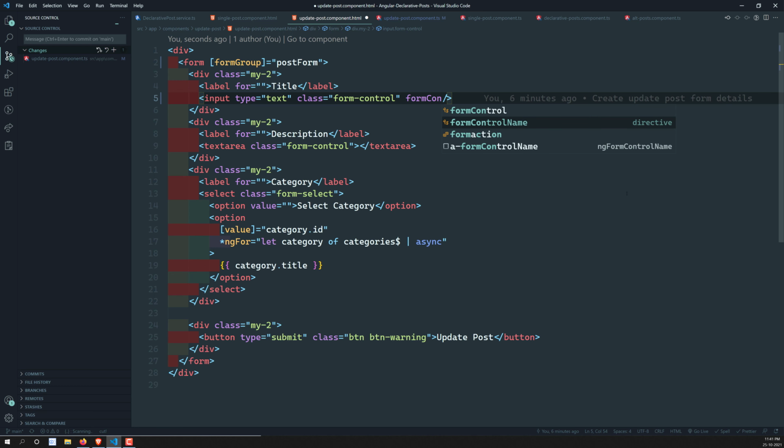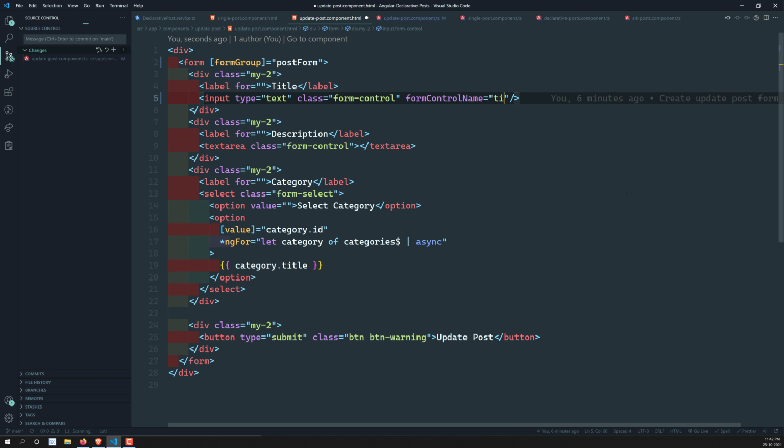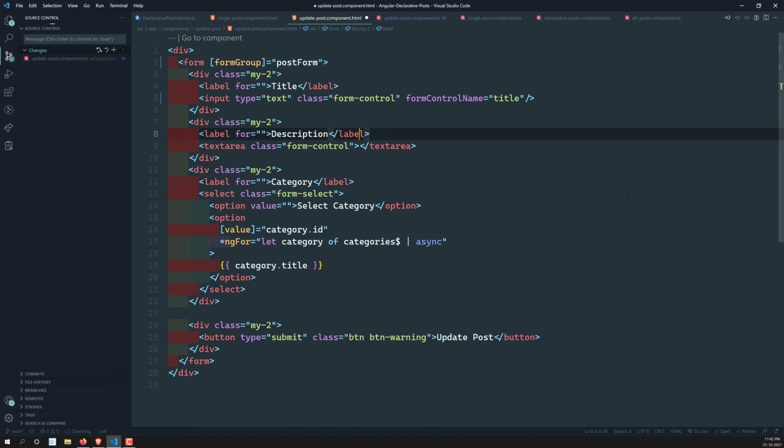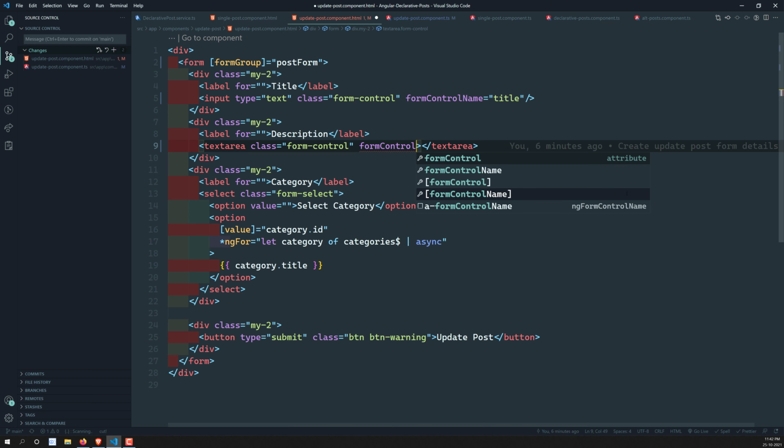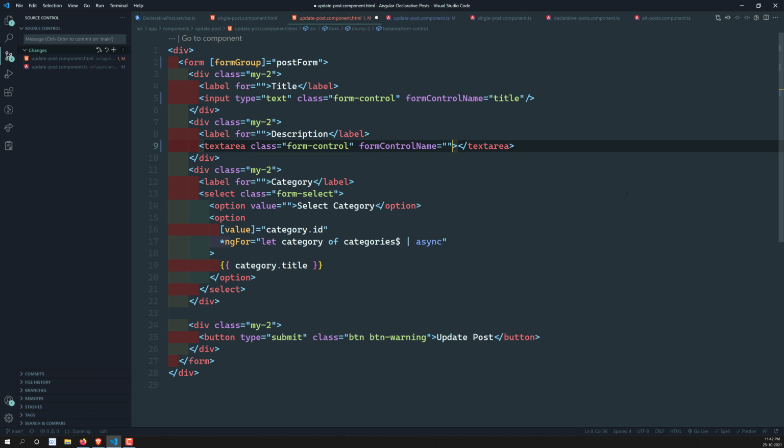For this one it will be title, and for the other one, a text area, you will have a form control name as well, where we'll pre-populate it. For the description, and for the last one, we'll also take the form control name, which is nothing but category ID. So this one will be of type category ID. Fine, we have populated all the things.